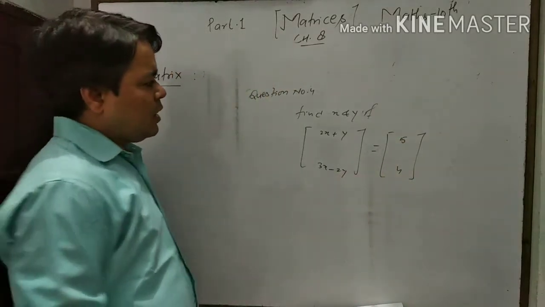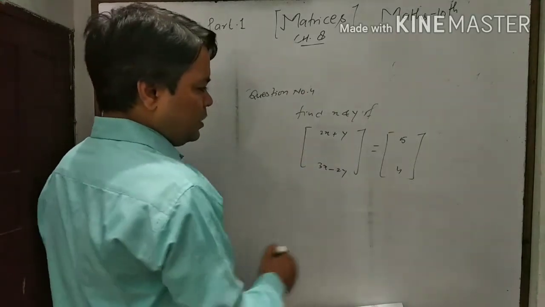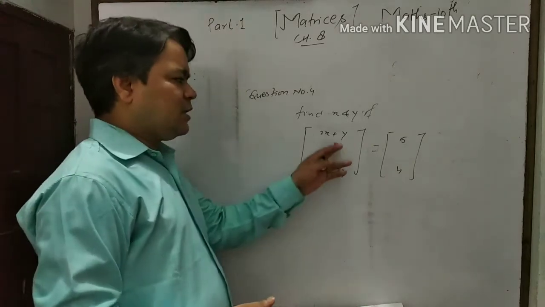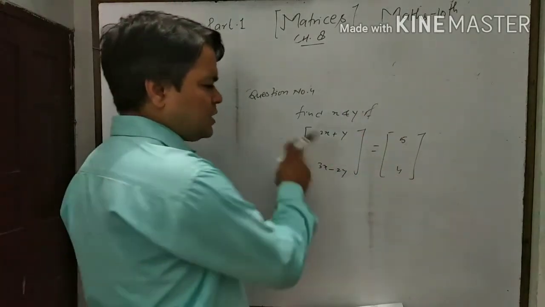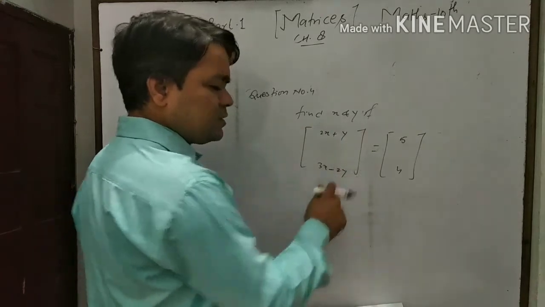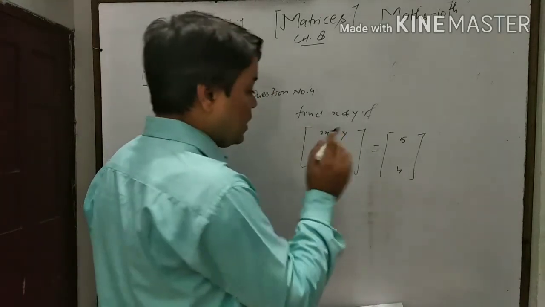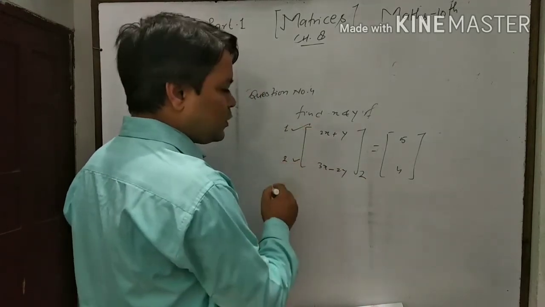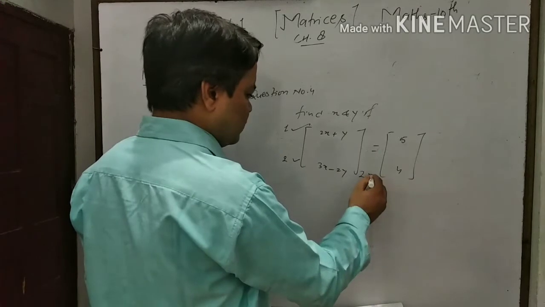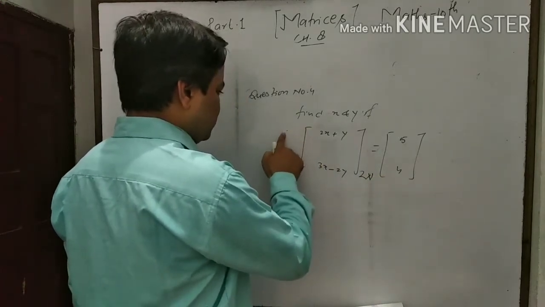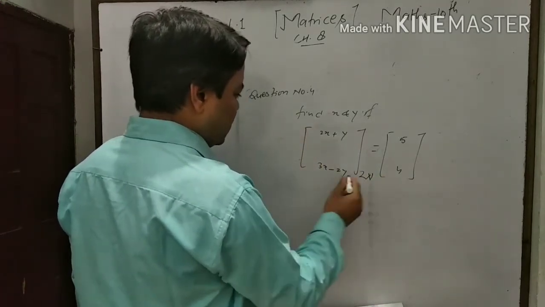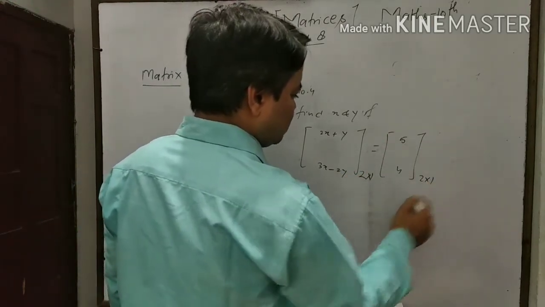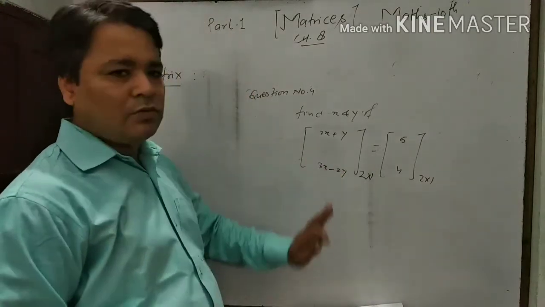Okay. Now according to the question, both are equal matrices. If both are equal matrices, then the corresponding elements will be equal. What is the order of this matrix? The number of rows is 2. There are 2 rows, this is the first row and this is the second row. And the number of columns is only 1. Then the order of this matrix will be 2 by 1. And here also 2 rows and 1 column, so this order is also 2 by 1. It means according to order both are equal.